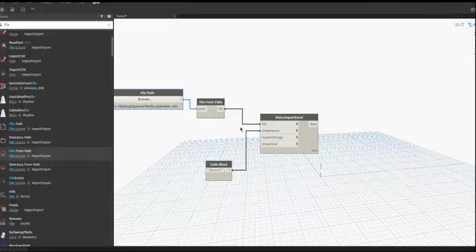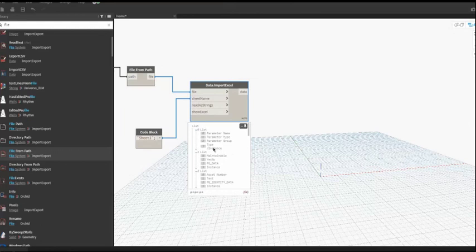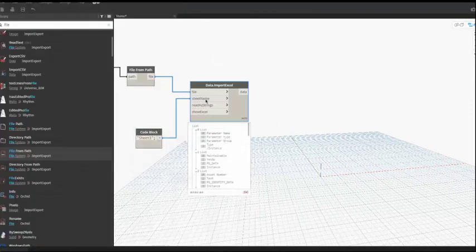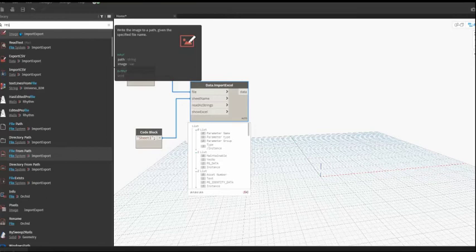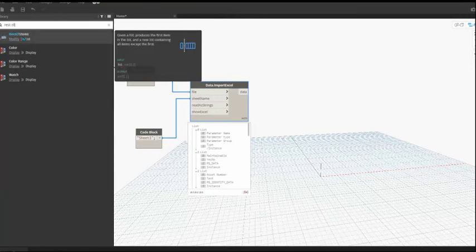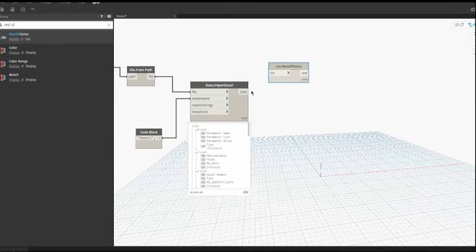If you see the Data.ImportExcel node, all the data from the Excel has been imported, in which list 0 is nothing but the heading: parameter name, parameter type, parameter group, and type or instance. The heading is eliminated by using the Rest of Items node.